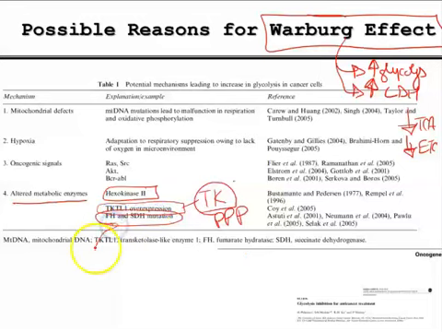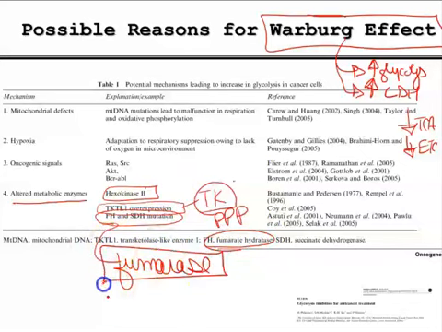See this? FH and SDH mutation. This is saying fumarate hydratase, fumarase, right? And so fumarase is giving us then malate, right, in the TCA cycle. And